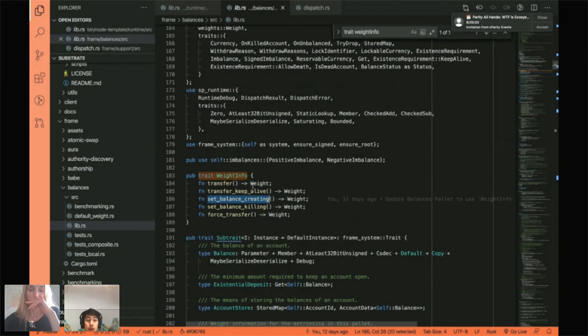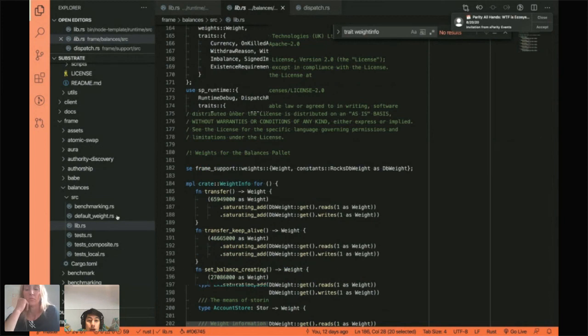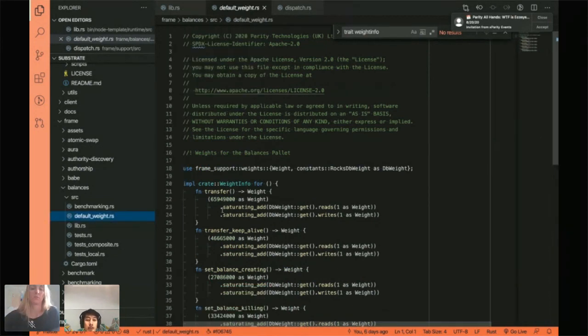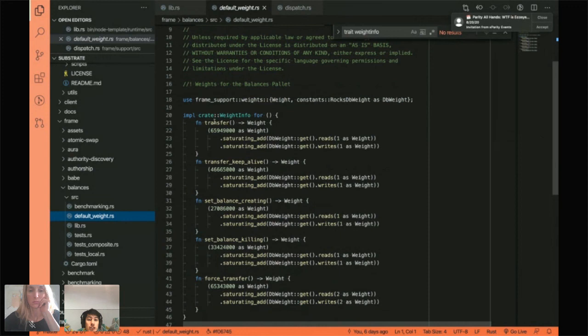And so this is where the whole benchmarking pipeline comes in. The final thing might look something like this. For every pallet, we give you this default weight. And the end of the entire benchmarking pipeline will automatically generate for you this file. This file will basically implement this weight info trait and will create all these functions for you, which return a weight, which has some base value plus some weight value based on the reads and writes of the DB operations in your extrinsic.